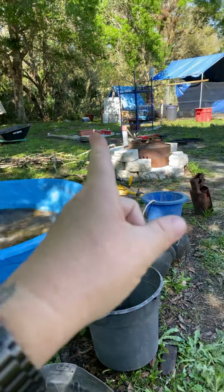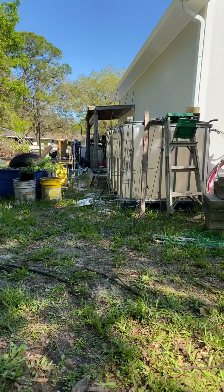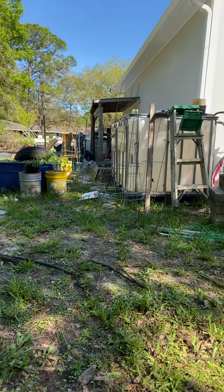We got a lot of rain last week, and it kind of flooded them out. I lost one of my chickens because she got sick due to the rain. And I lost some of my celery here in this blue tub. We have these, I think they're called IBC totes, and I'm going to connect it up here for rain catchment. We have all this other disastrous mess going on over here. And this is just soil to block the chickens from eating my celery while it recuperates